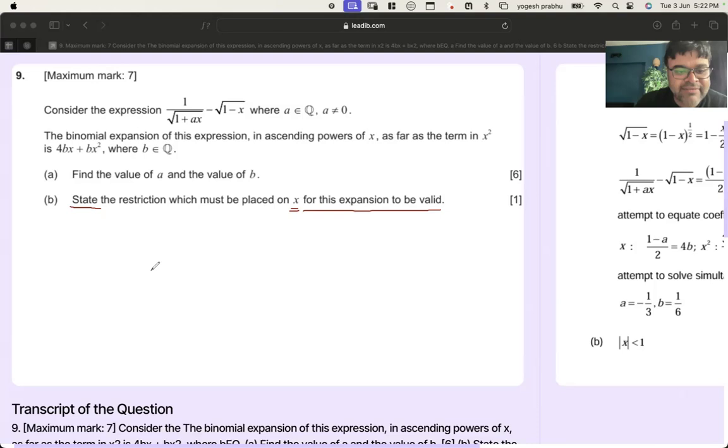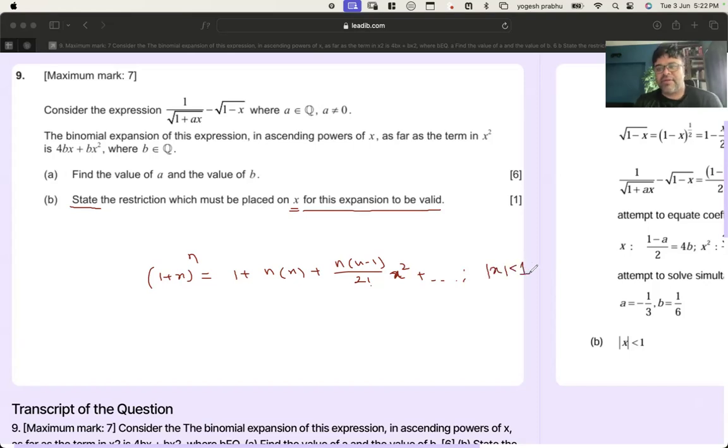Now, please remember, guys, that whenever you do 1 plus x to the power n, and the expansion is nx, n(n minus 1) over 2 factorial x squared, and so on, there is a very important condition which says the absolute value of x has to be less than 1. And this condition has to be true. And while we used it for ax and x, like we wrote 1 plus ax to the power negative half for this one, and 1 minus x to the power half for this one, since we use this expansion which has this condition,